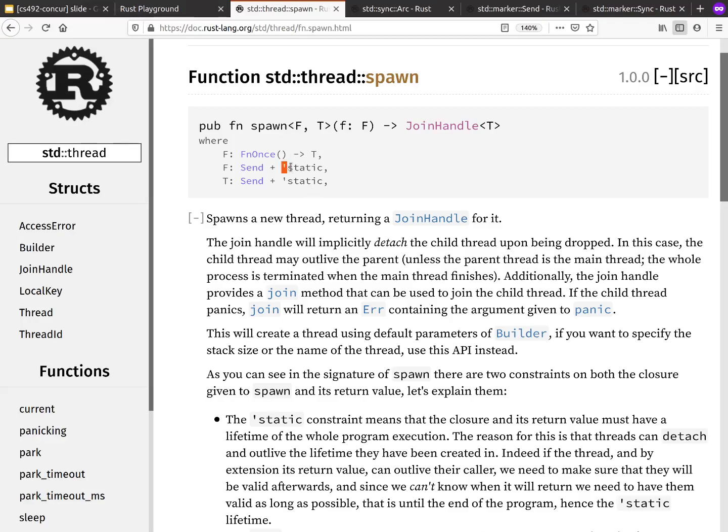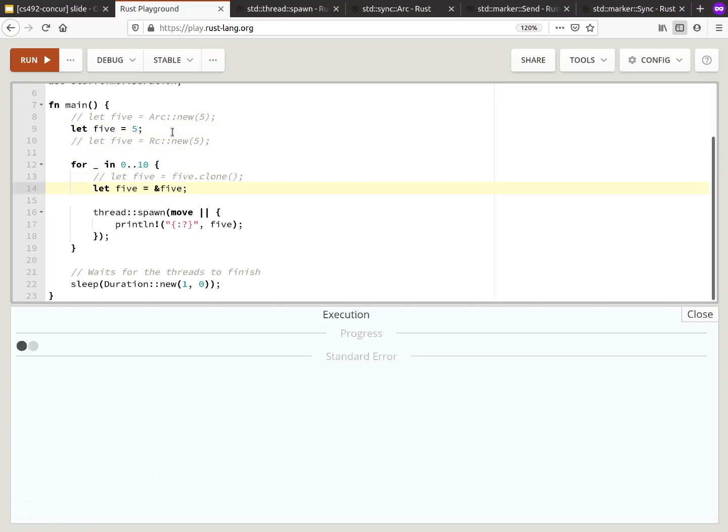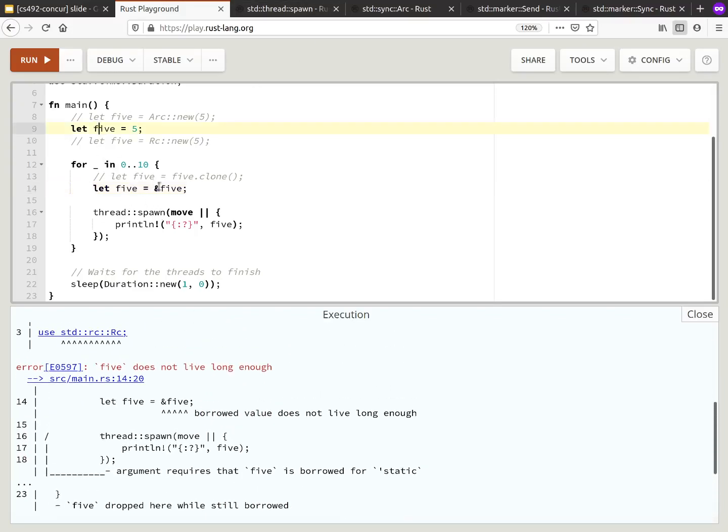And I'd like to explain the meaning of the static scope now. Let me change the example a little bit. In this example, there is a 5, and the reference to the value 5 is taken, which is a reference to the value 5 that is declared here. And the reference is moved to this spawn thread, and it is referenced. So it looks safe, but actually it is not, because